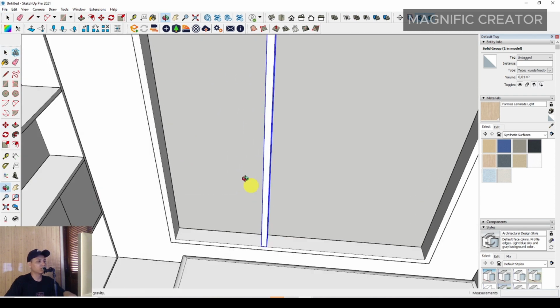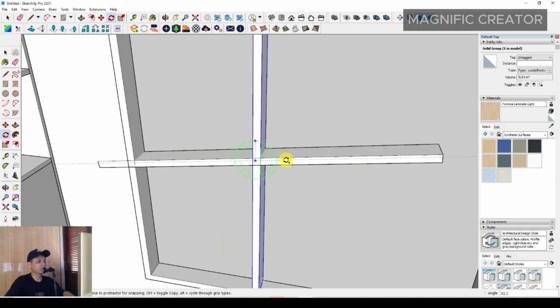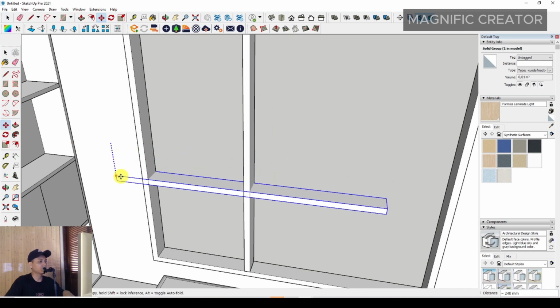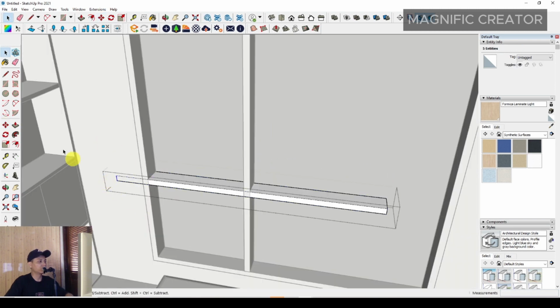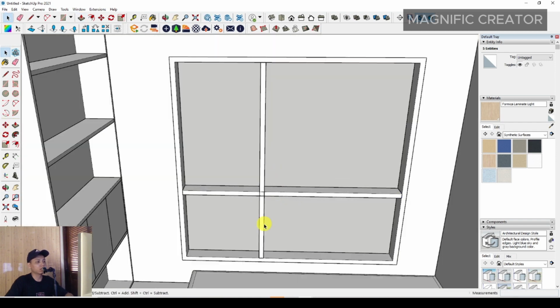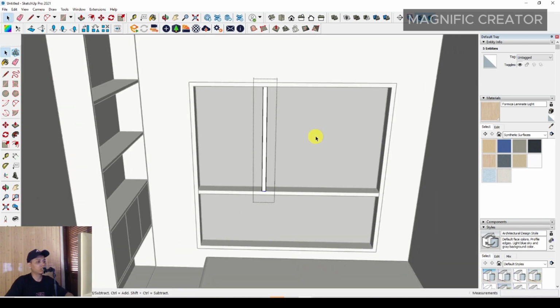Then you can rotate it with the rotate tool, and just rotate to any position as you want. Then you can move it with a vertical movement, and just select this area, and just select push to adjust it, and then you can adjust the vertical frame, and